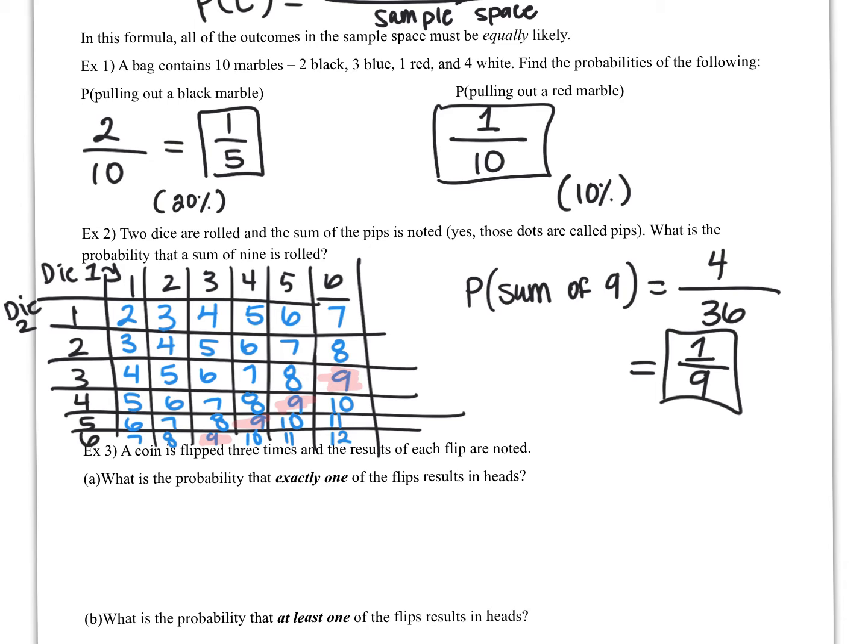You can also notice diagonally in the table there's a pattern. There's a lot of patterns in the table, but if you also look, the most likely thing to roll is a 7, because 6 of our outcomes are 7. So if you're going to roll 2 dice, it's very likely that those 2 dice come out adding to 7.